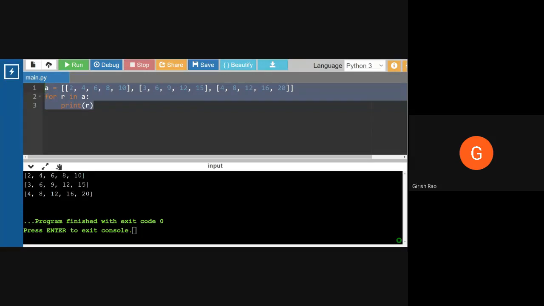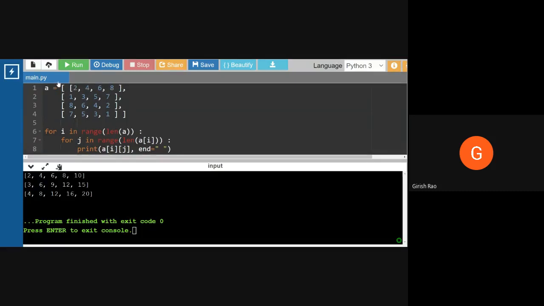This is another way in which we could display the contents of the list. Third way: if I need to display the contents one element at a time using the classical loop command. This is the list, I initialize it over here. For i in range length of A, for j in range length of A of i. Please pay attention. Length of A, so what is the length? It is 4, because there are 4 rows. For j in range length of A of i, let's add one more so that there is no confusion.